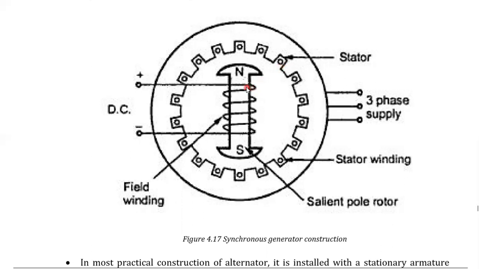Also, because of rotation, centrifugal forces are developed. Centrifugal forces are greater when the rotor is rotating, so because of that, the winding may lose its connections. Understood? It will become loose, and then the loose connections in the winding will be damaged. So that is why the armature winding is placed on the stator, and the field winding is placed on the rotor.